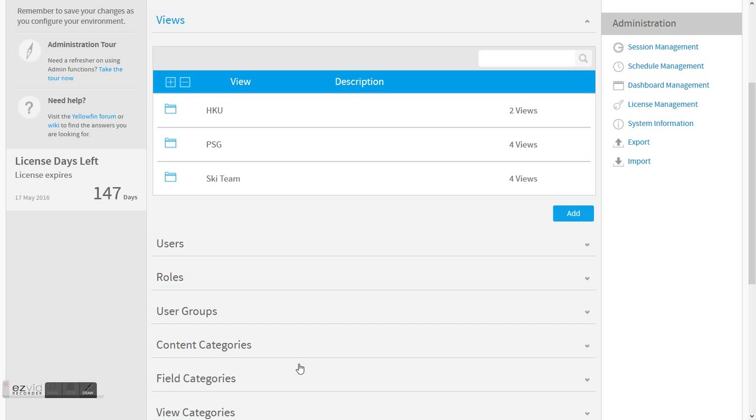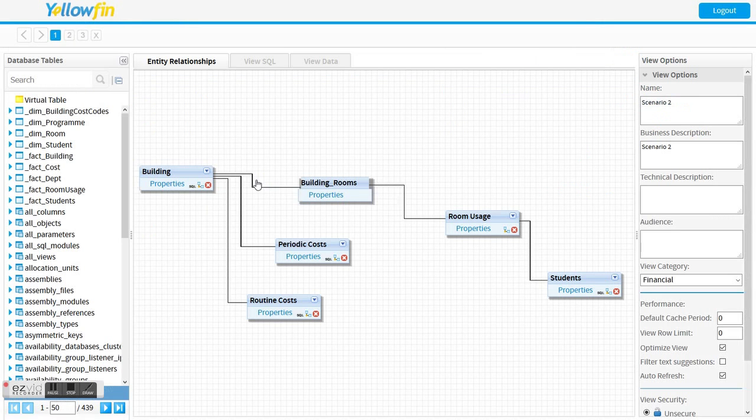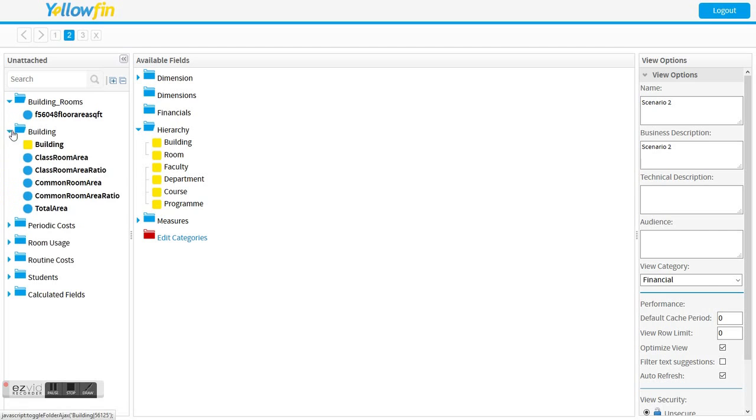So I'm going to go across to the view now, and we'll just go and have a look at how hierarchies get defined. So I'm going to go open Scenario 2. And once that's opened, I can see the familiar table joins that we've got there with our data, and I'll go to the second tab option within that view, and now what I can see is the different groupings, and I can see the hierarchies I've created. So what I've actually done to create those hierarchies is I've grabbed data over here which I've provided from those tables that we saw on the other tab,